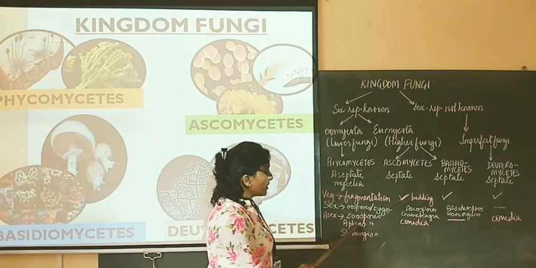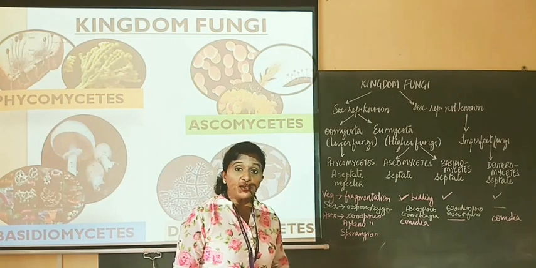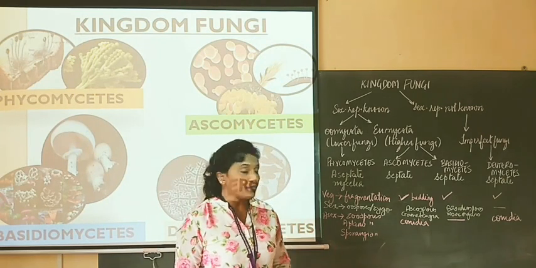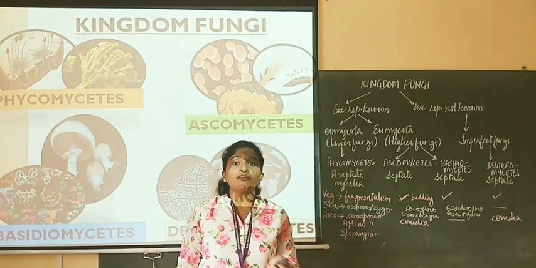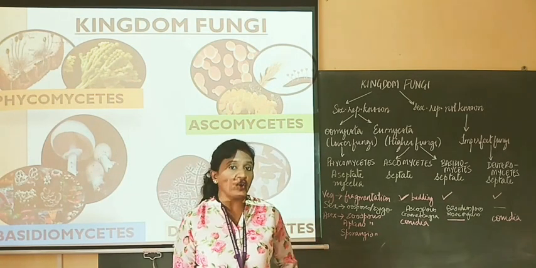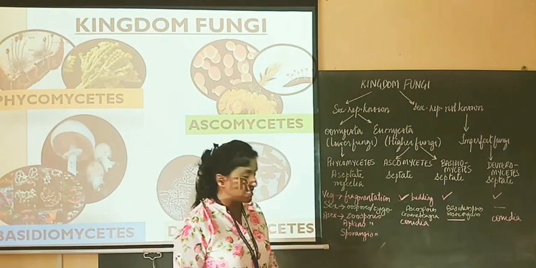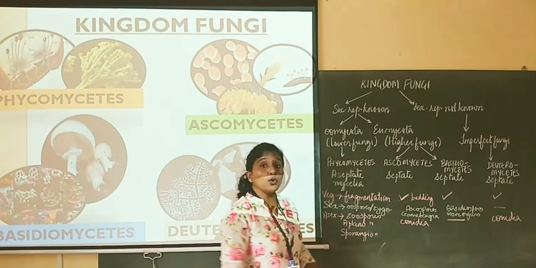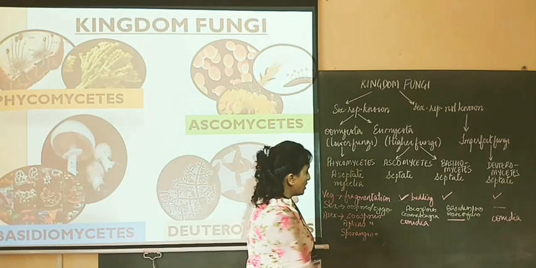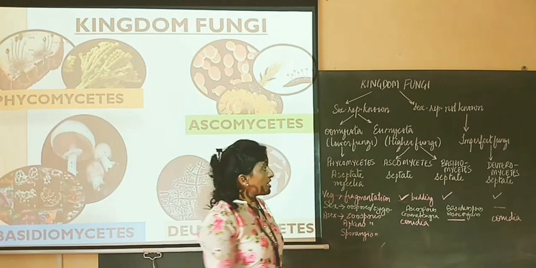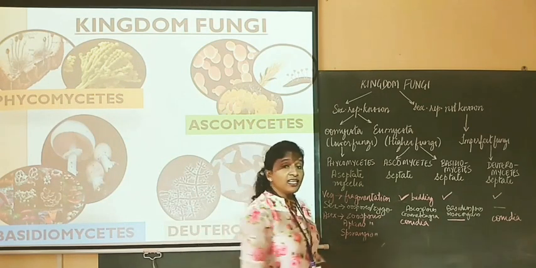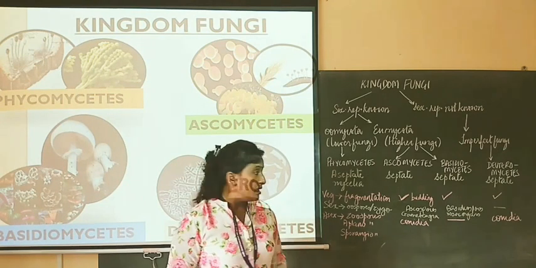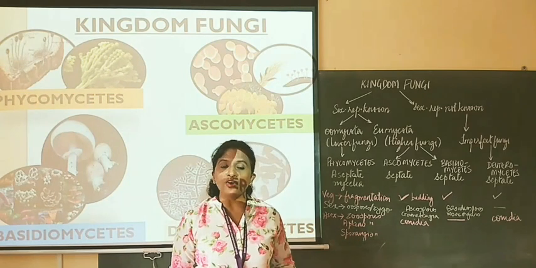Regarding the asexual mode of reproduction, there are zoospores, aplanospores, then sporangiospores that are formed in the fruiting bodies in Phycomycetes. Also, some of the species have chlamydospores and oidia, which is not mentioned in the NCERT textbook of 11th standard. Then in Ascomycetes, there are conidia that are formed. There are no such asexual spores that are formed in Basidiomycetes, whereas in the Deuteromycetes, there are the conidia that are formed here. So this way we can differentiate between all the four classes.